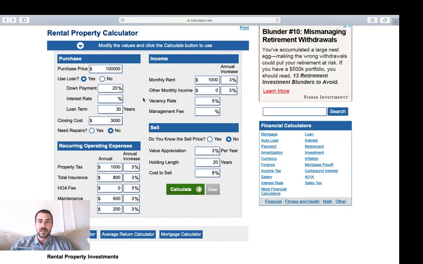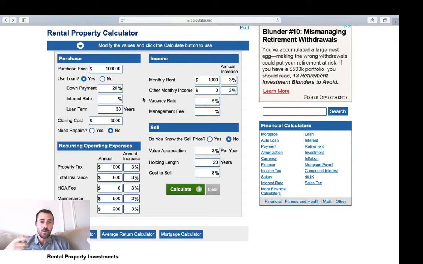And specifically in this video, we're making a video about the best, in my opinion, rental property calculator that exists online today, just based on how straightforward it is and all the information that it provides you in terms of your cash on cash return, the amount of cash flow you get, and your return over time as well. Because if you have a leveraged property, you're going to see that your return actually gets better the longer you hold the asset. So I'm going to dive right in here with an example of a rental property that I have,